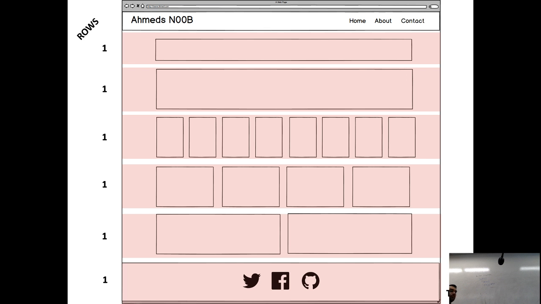Here's the thing. The top one. The question would be, well, I have my footer in my row, but I don't have my navigation bar as a row. Generally speaking, we skip the navigation bar from our grid system, because of usability: the navigation bar always sticks to the top and always remains over here. You never want to change your navigation bar. It's always going to be here. Your content could be in this box, or in a bigger box, but your navigation always starts from the beginning and takes up the whole width of your page, right?